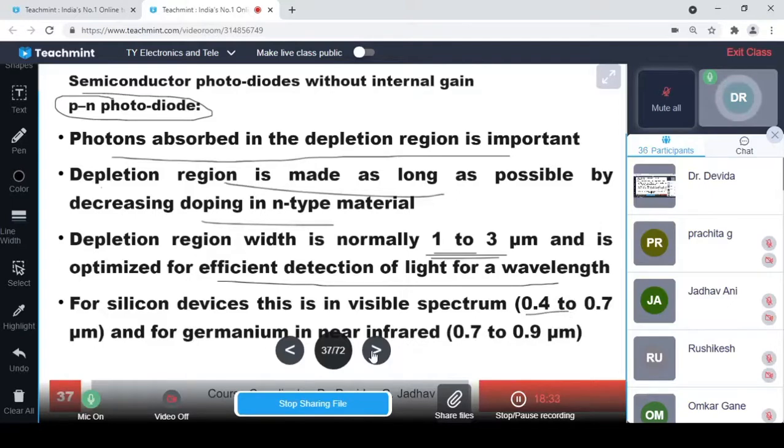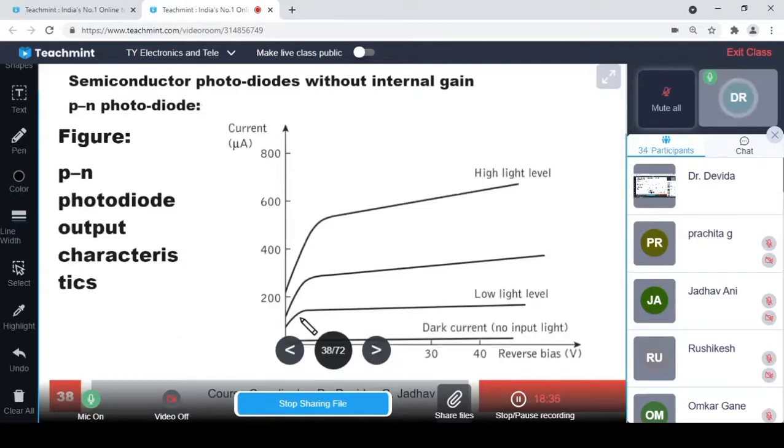So initially the current increases because the velocity of the charged particles increases and the depletion region also widens as the reverse bias voltage is increased. At a particular voltage, the velocities get saturated and no further increase in the current occurs. This is called saturation of the current. So after a certain voltage level the current remains almost the same. This is the input-output characteristic of the photodiode, reverse bias voltage versus current.